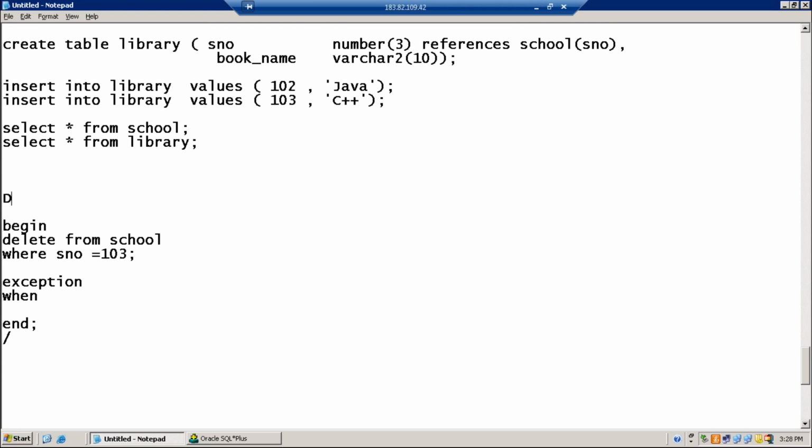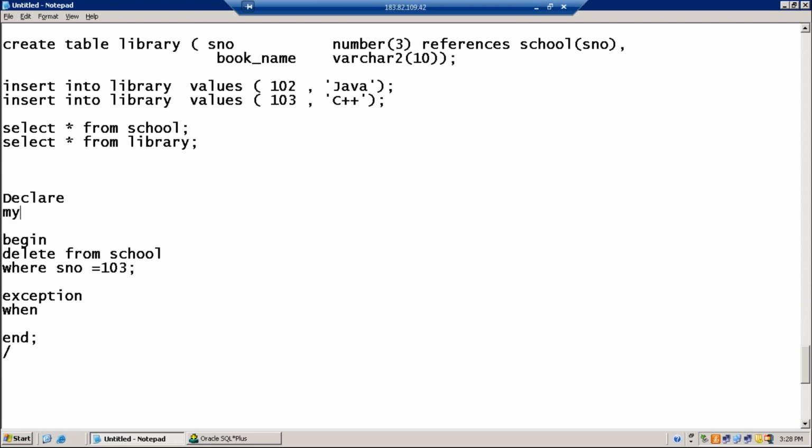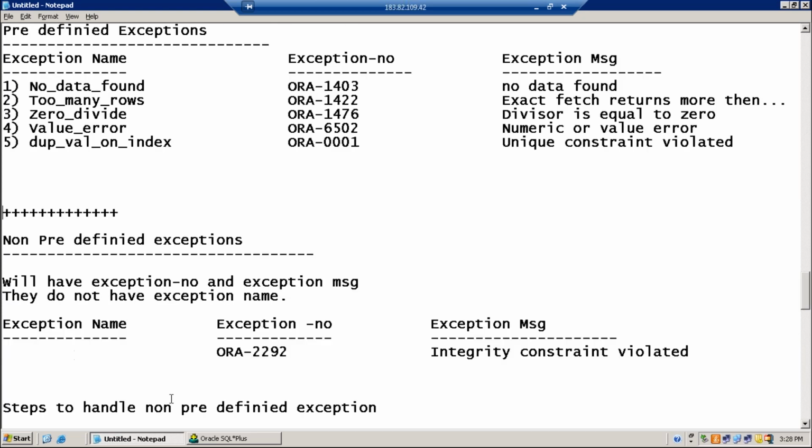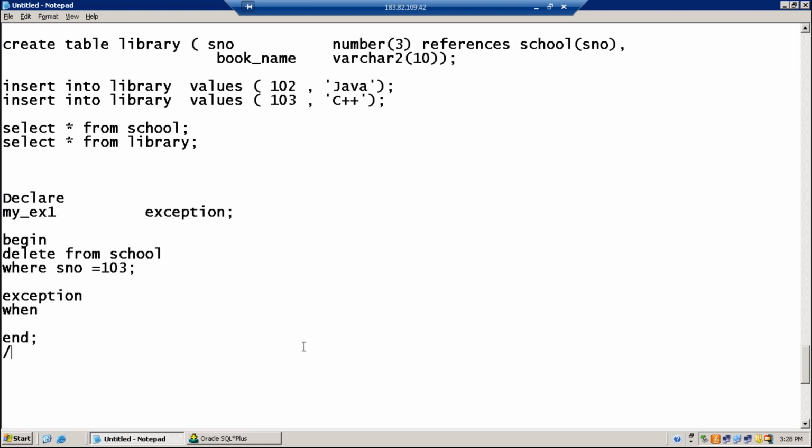Declare the exception. All the declarations should be done in the declare section. First, I declare the exception. my_ex1 is of what type? Of type exception. my_ex1 is the name of the exception. I now want to link this my_ex1 to what number? Minus 2292. So that is associate the exception.